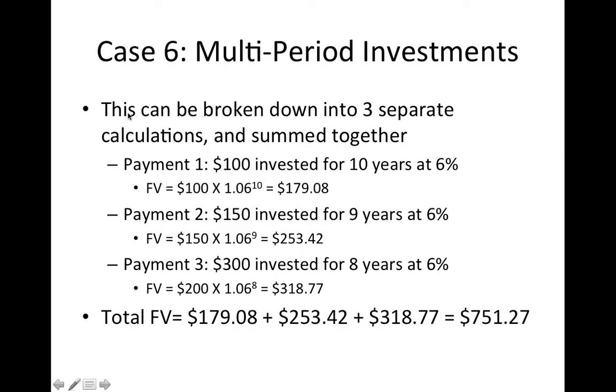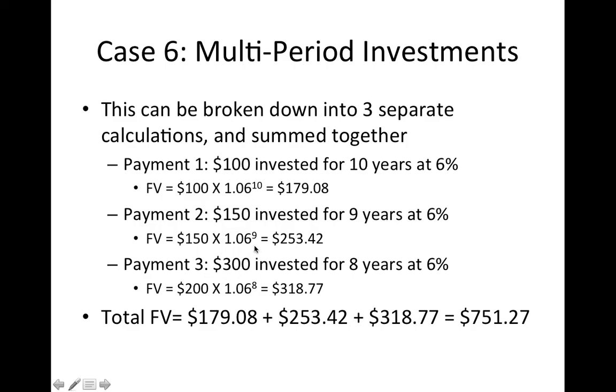Well, lucky for us, there's a way to break this down pretty easily. We can actually look at each of the 3 investments that we make and solve for what the value of each one will be at the end of 10 years, and then we just sum them up. So the first investment, the $100, is going to be invested for 10 years at 6% because it's starting today. So 100 times 1.06 raised to the 10th because it's 10 years. So $179.08. Now the second investment is only going to be invested for 9 years because we don't put it in until the end of this year, the beginning of next year, and then it's going to sit till year 10. So there's only 9 years left.